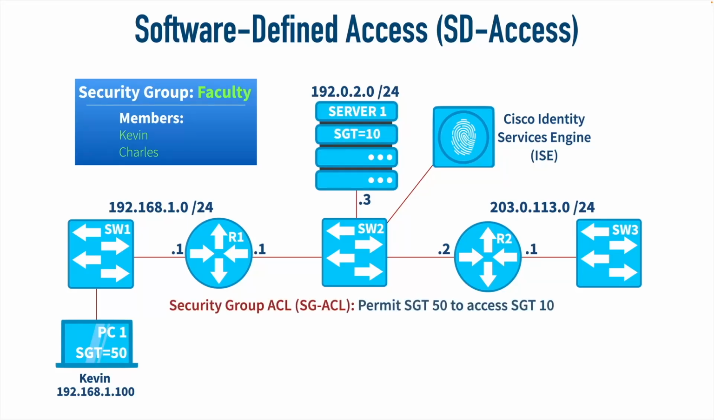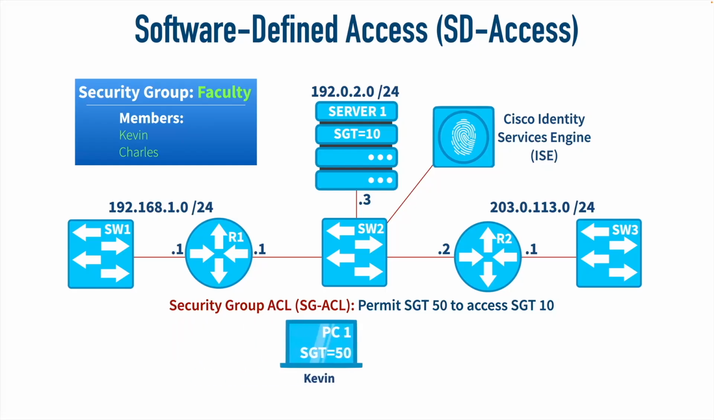Now, instead of writing an ACL that says permit a specific subnet to reach a specific IP address, we can instead have an ACL that says permit SGT 50 to access SGT 10. This is not just an ACL, it's an SG ACL, a security group access control list. And if Kevin is that professor we talked about in their office, are they going to be able to reach the server? Yes, they can, not based on their IP address, but based on their identity,